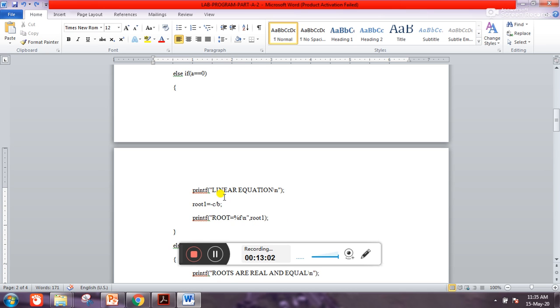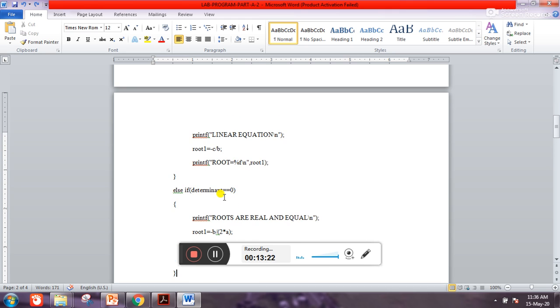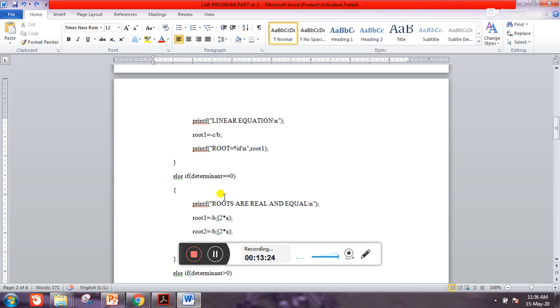We already know three kinds of roots we can find: real and distinct, equal roots, and complex and imaginary. Before that, we are going to check if a and b are 0, to see whether we can find the roots or not. If only a is 0, then it is a linear equation, and we can conclude it. If these two conditions are not true, then we go on to find the roots of the quadratic equation.